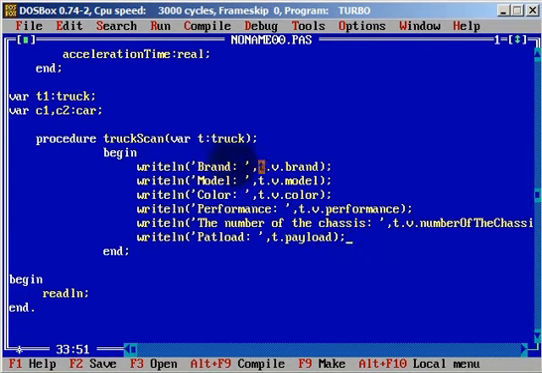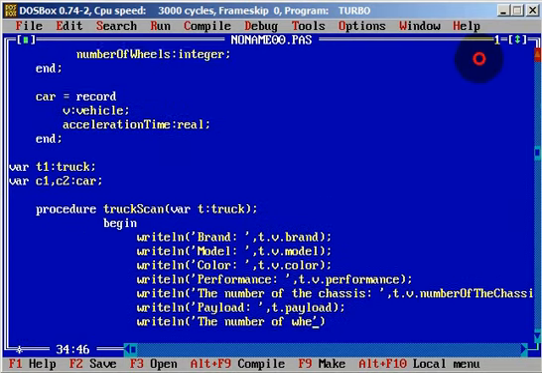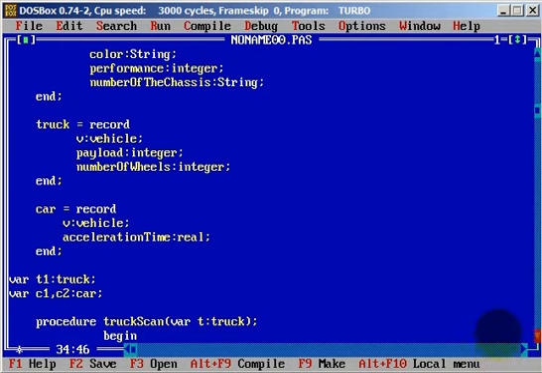The point is when we have another with t do, we don't need to write this t. This is what I want to show you. I will show you the difference, but it will work. But here, instead of pet load, it's a payload, and we write a line, and we will write the number of wheels. Just a second. The number of wheels